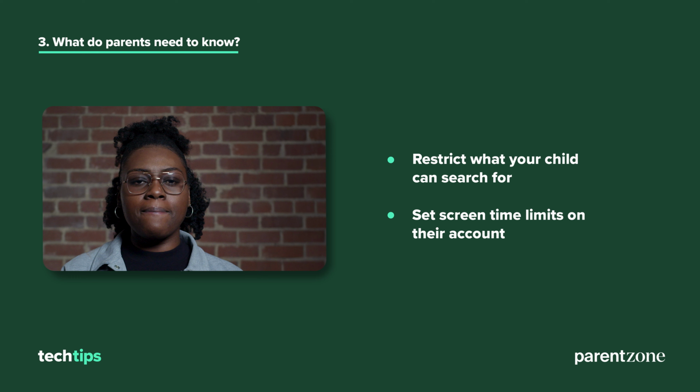Another concern some parents can have with TikTok or any social media is who your child is in contact with. TikTok offers various safety settings for accounts which belong to children. As I said earlier, all accounts for under 16s are set to private by default, which restricts who can interact with or view your child's profile, as well as message them. You can also use TikTok's family pairing tool with your child's account, providing you have an account yourself. Family pairing allows you to do things like restrict what your child can search for or set screen time limits